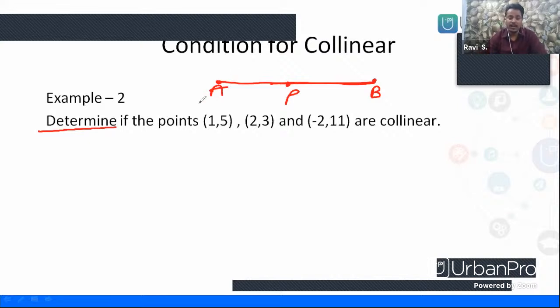So for that, can I write it like this? For the point A, should we write here 1 comma 5, guys? And for P, let it be 2 comma 3. And here B, let it be minus 2 comma 11. Now,